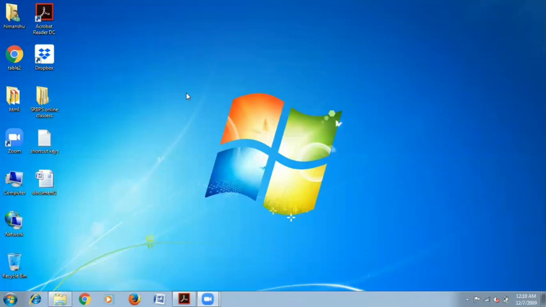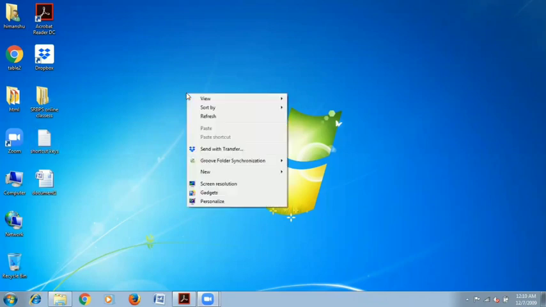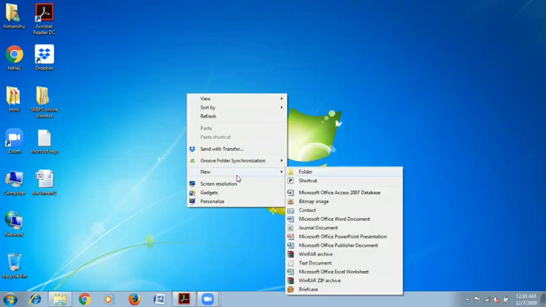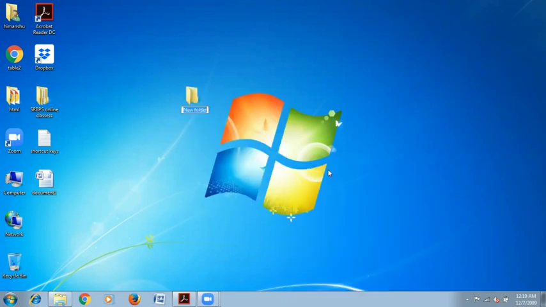Now let's start with the files and folders work. First of all, we need to create one folder. So right click on the screen. You can right click anywhere on the screen. Then we have an option here, New. When you go to the New option, you will have multiple options. For a folder, you need to select Folder. Here I have created one folder. I wanted to give it the name SRBPS. Fine. So I have created one folder here. This is the first way of creating a folder.